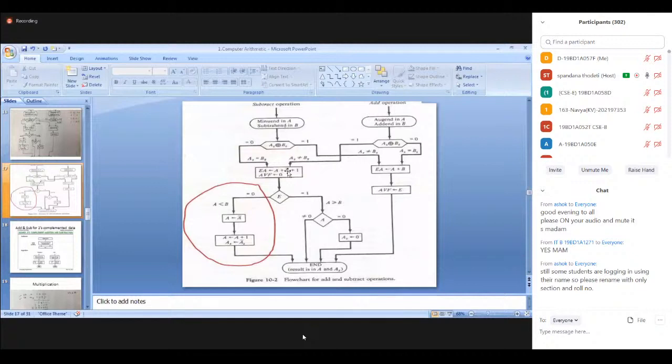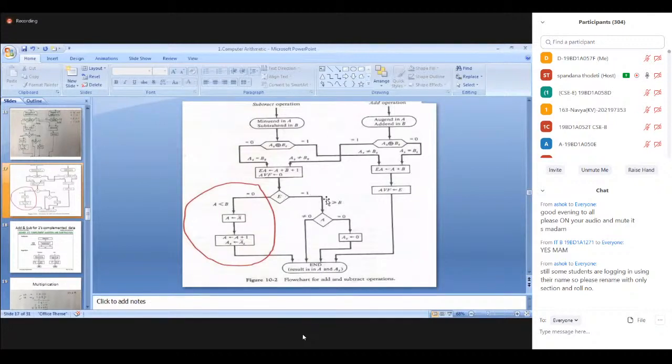Next, when you are performing the subtraction operation, you need to mention the sign of the data. If you are performing the addition operation, obviously the sign will be positive only. But when you are performing the subtraction operation, the sign may be different based on the values of A and B. If A is greater than B, the sign will be either plus or minus. If it is less than or equal to B, the sign will be different. That you need to check, and that will be checked by using the value of E.